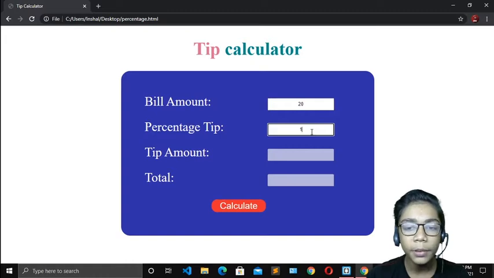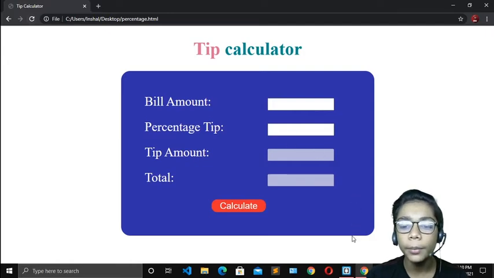If you write it with the percentage sign, it will be a problem and it will give you an error, and it will not calculate. Over here you can see the tip amount and total; when I press this calculate button, then all of it will be filled in. These two inputs are disabled, so you cannot write anything there. Just when you press calculate, your tip amount and total will come. So if I press calculate, you can see now I am getting my tip amount and my total amount. The total is less, 1% also, and the tip amount is 0.2. Now I will show you how to build that.